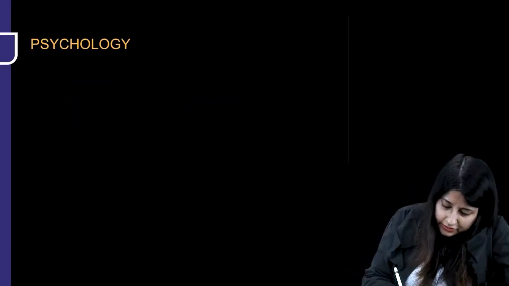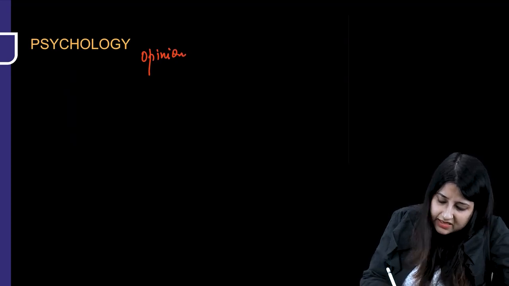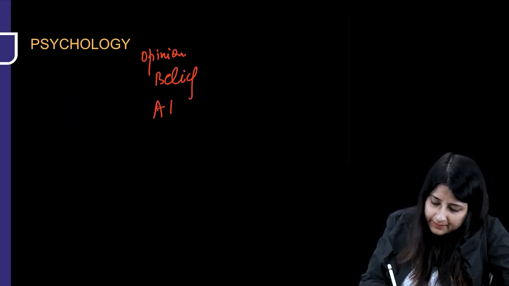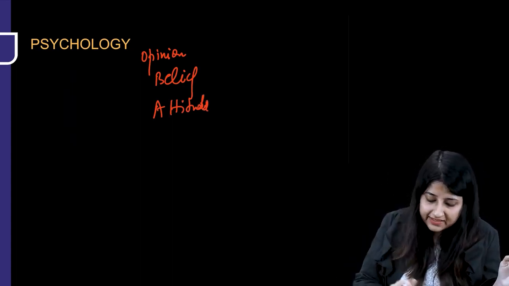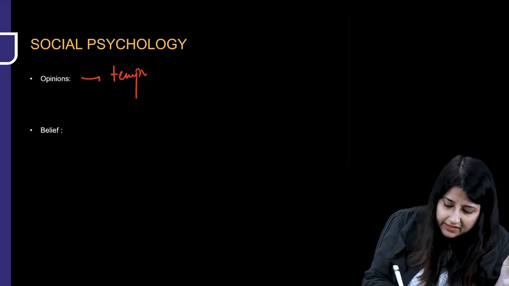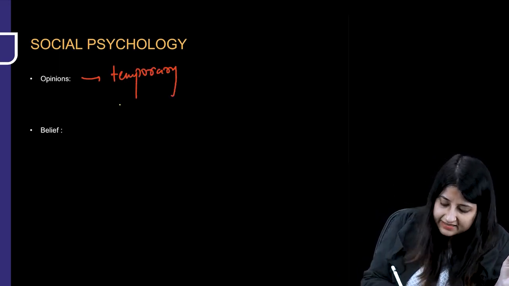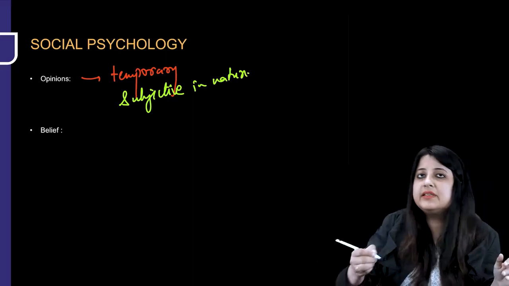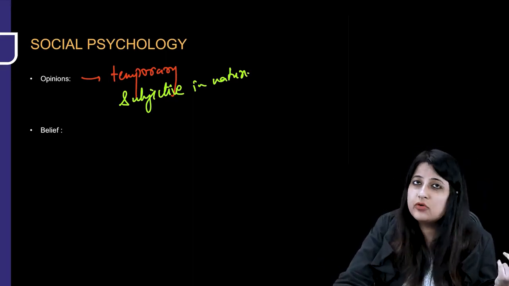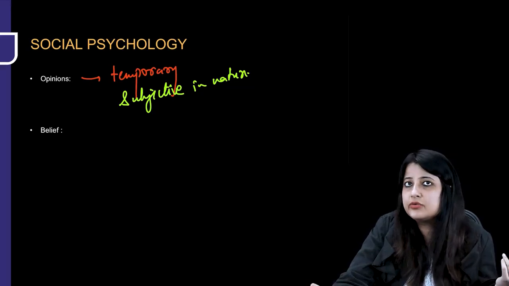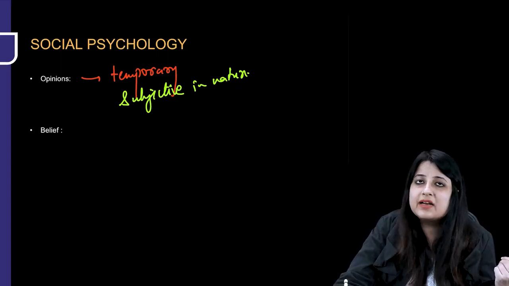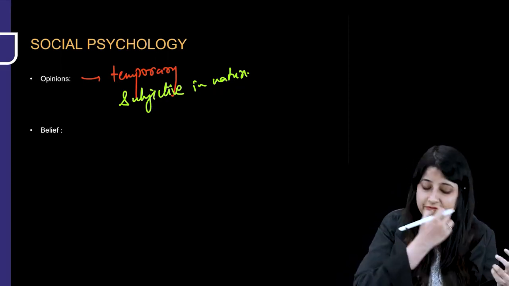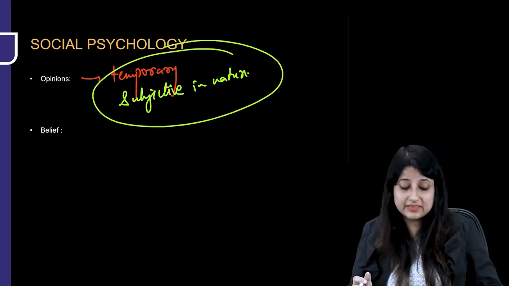Chalo next. In psychology, what do you understand by opinions, what are beliefs, and what is attitude? To understand a person, always remember, opinion is something which is very temporary. Opinion is temporary and it is subjective in nature. Like, what is your opinion on how the next exam will be? You say it's going to be easy. You go to some gathering where your friends come, and the discussion of the next exam happens, and then you come back tomorrow and tell me, ma'am, I think it's going to be tough. So opinion means something which is temporary, subjective in nature.